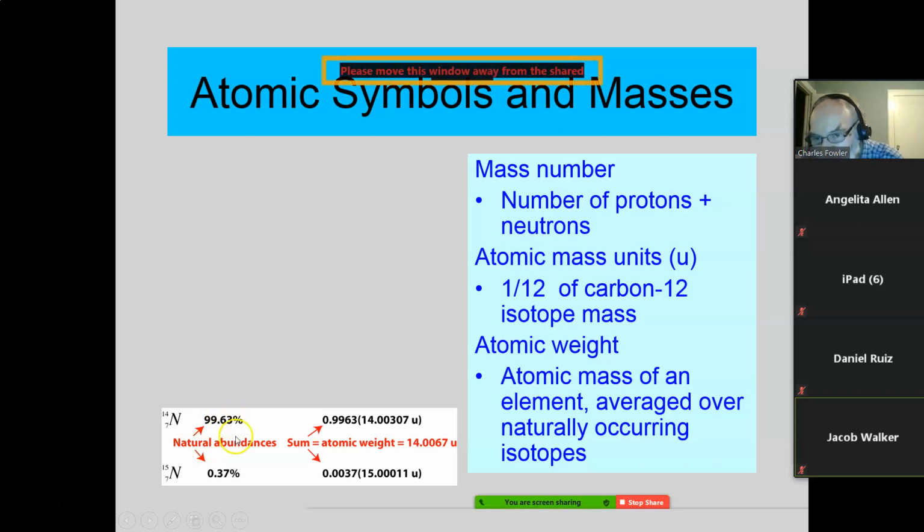Now, the natural abundances here: 99.63% of all nitrogen is going to be nitrogen 14. Only barely more than 1/3% is going to be nitrogen 15. So the vast majority, 9,963 out of 10,000, will be nitrogen 14, and 37 out of 10,000 are going to be nitrogen 15. So what you do, you take basically the atomic